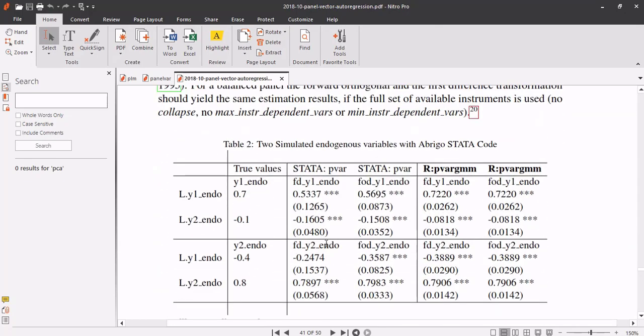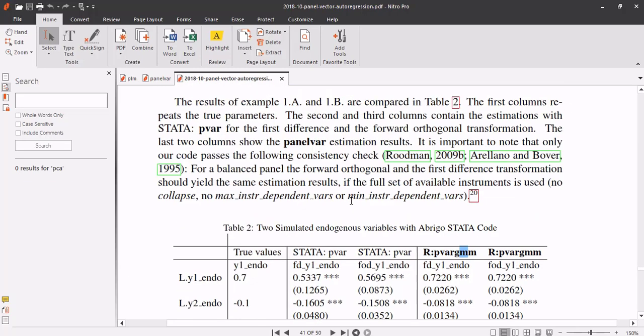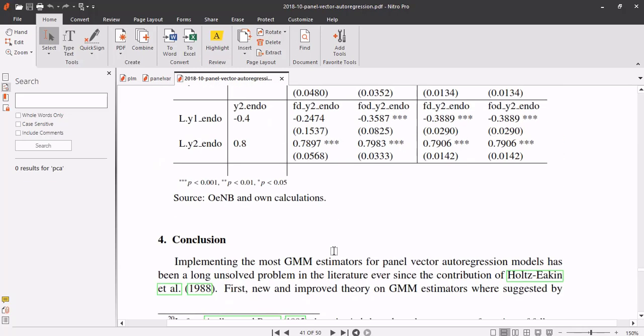And now it compares between the Stata package VAR and the panelvar estimation. This is the function that we used, pvargmm, and comparing the results between these two